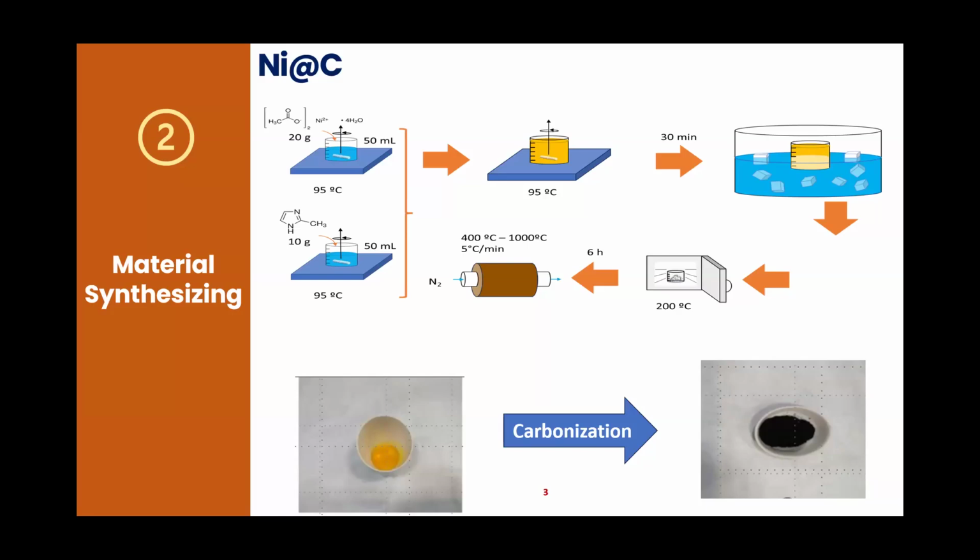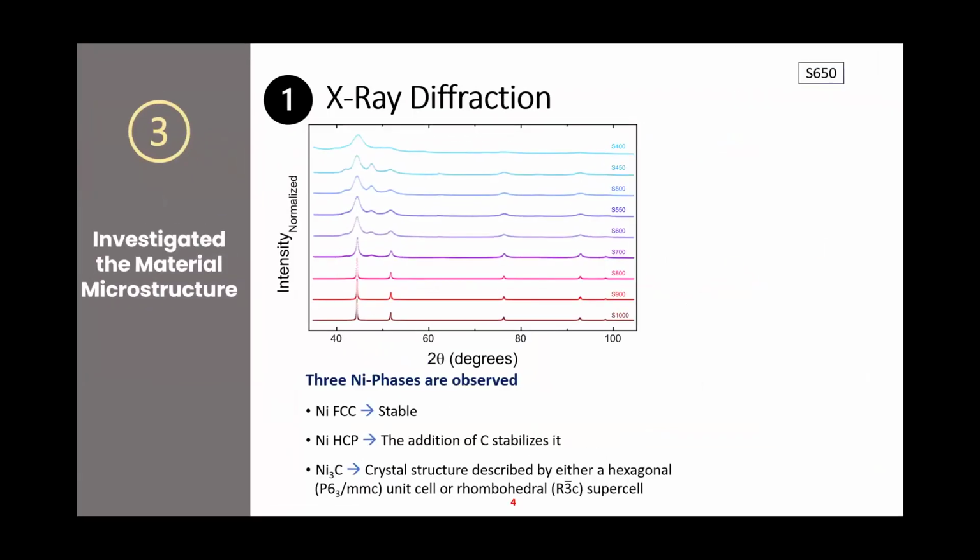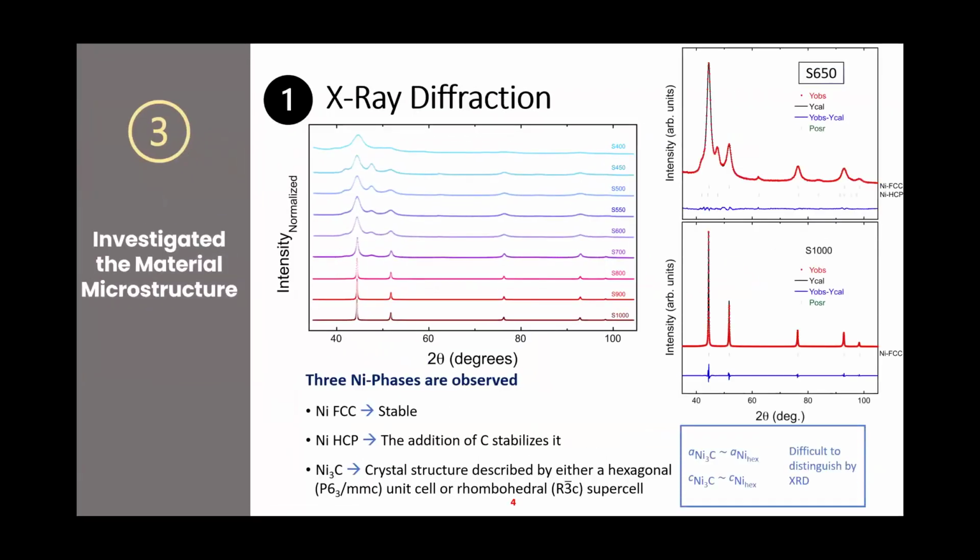After that, I investigated the role of the carbonization temperature on my material, beginning with X-ray diffraction. I collected all of these patterns from the 10 samples, and I began to investigate the phases that are present in my material. Firstly is nickel. I found that all of the samples have nickel FCC phase, but almost all of them have nickel HCP,